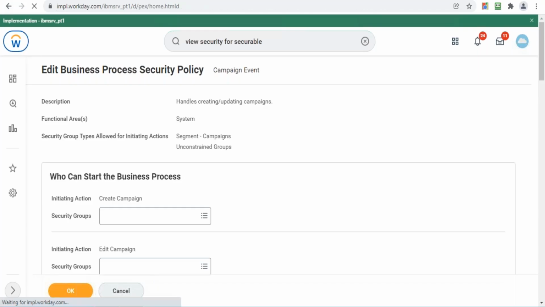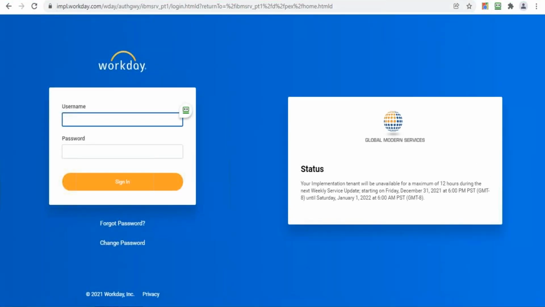Okay. Still not clear for me. Let's say, security for securable item is a kind of different task. We'll just